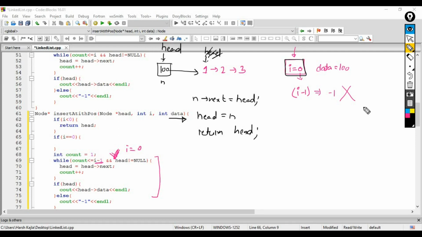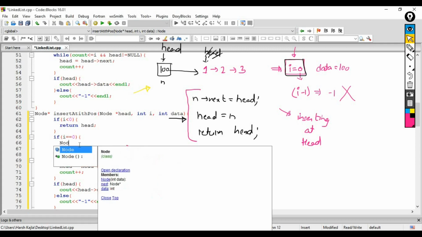This is very similar to, if you remember, insert at head, when we were taking input to the function, we were inserting at head. So this is the same code, inserting at head. So let's write the code for i equals 0. We have to do all these 3 operations. Very simple. So if the value of i is 0, let's create a new node first.